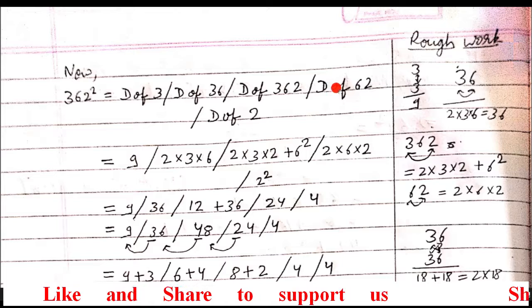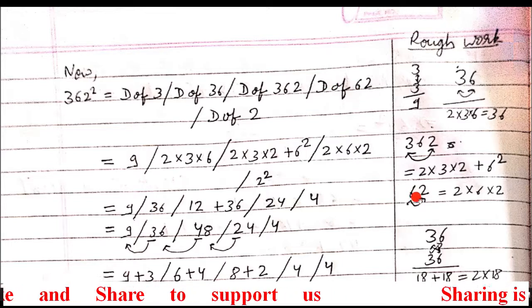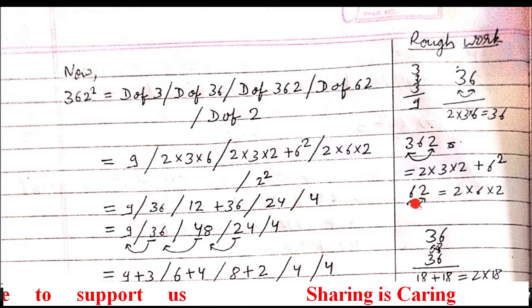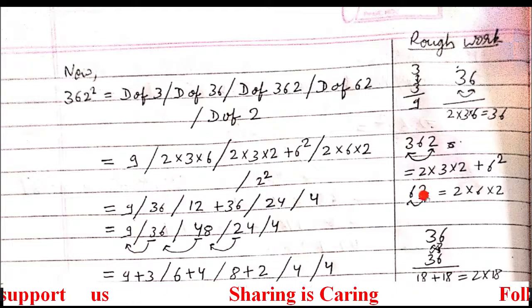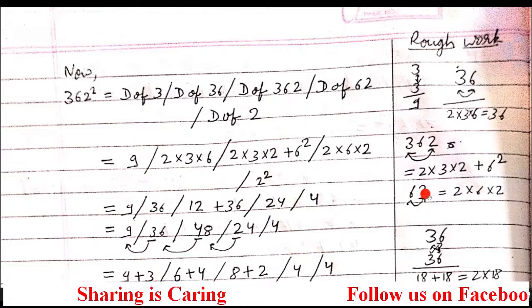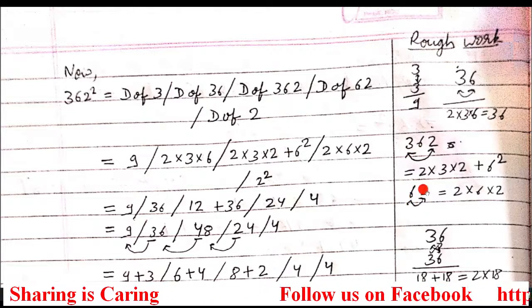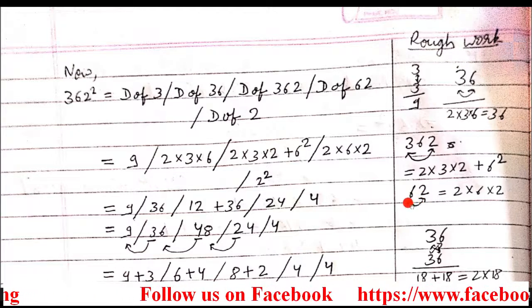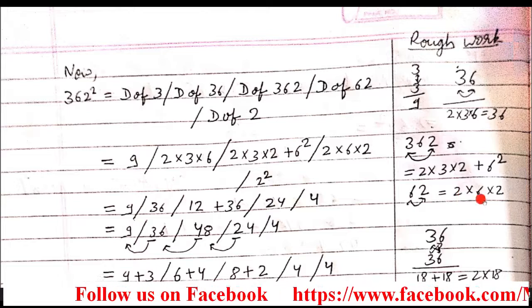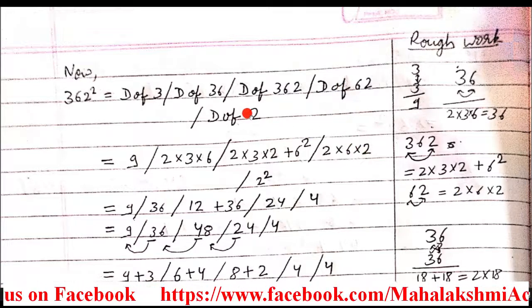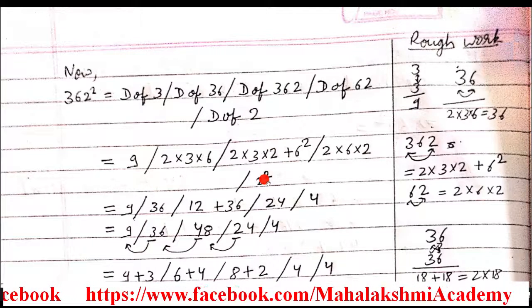Now we have to find the dvandva of 62. Write here 62, make the pair. You should start to make the pair from the extremes. You see how many pairs you can make, and if any digit is alone, it will be handled like this. So when we write 62 and try to make the pair, only one pair will form. After forming the pair, write down 2 into 6 into 2. So the dvandva of this is 2 into 6 into 2. Now this 2 is alone, so 2 square.